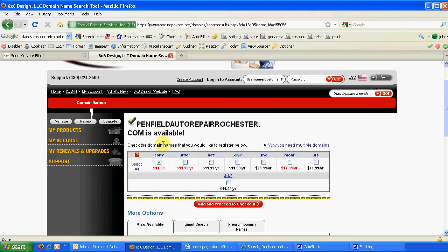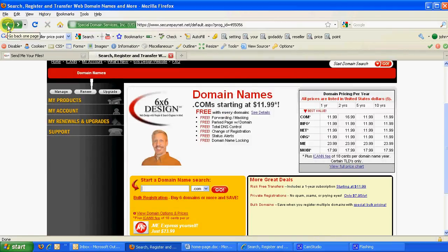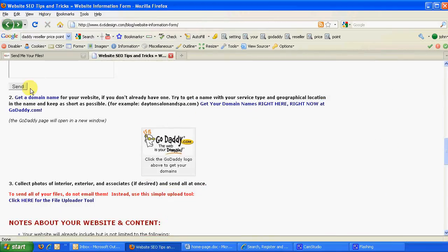Okay, so once you have your domain name and you've gone ahead and purchased that, then you're good to go. Another smart note is if you do buy it through me, or through GoDaddy I should say, when you get it through this particular link, you're going to have your name servers already pointed to where I need them to go, as opposed to me logging in and having to change them. So it's an extra benefit. If you don't understand that, don't worry about it. But anyway,